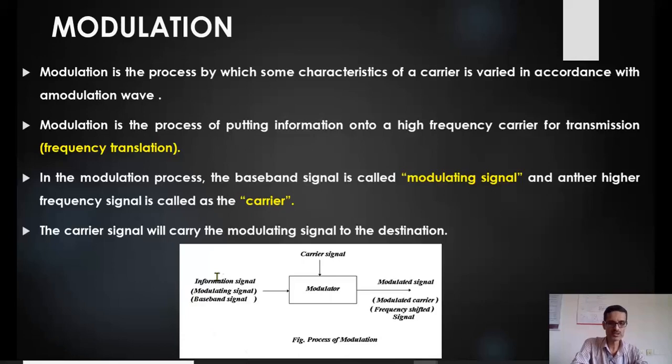Yes, now just see this block diagram here. We have a modulator. For this modulator, we have given two signals. The one is called the information signal or the message signal or modulating signal, or it is also called a baseband signal, which is usually a low pass type of signal. That is the information signal, modulating signal or baseband signal. This is the message which I want to transmit through my transmitter to the receiver.